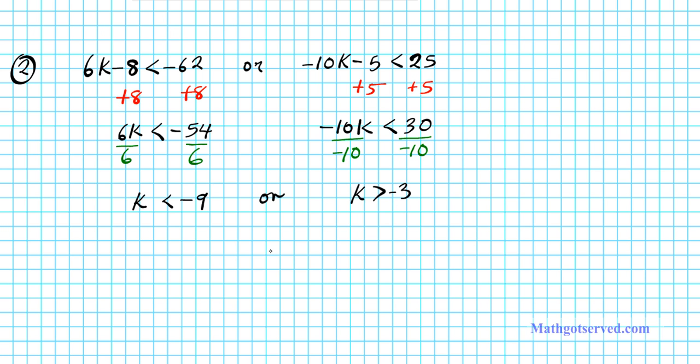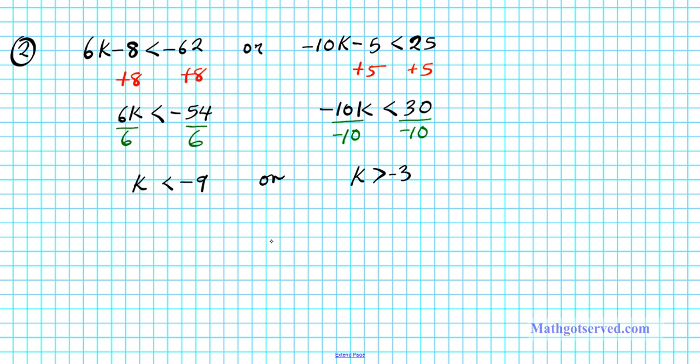This is a disjunction, so we have or. Can we combine these two inequalities into one sandwiched inequality? The answer is no. You can only combine them when you have an and situation, which is not the case here. So what does that mean? We already have our answer. Okay, k is less than -9 or greater than -3. Let's go ahead and graph